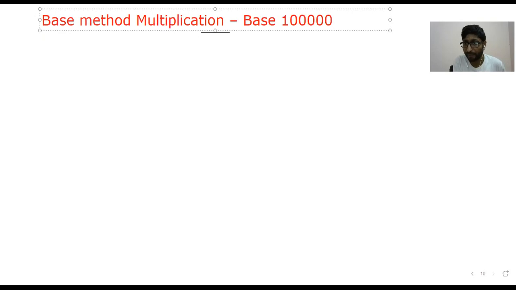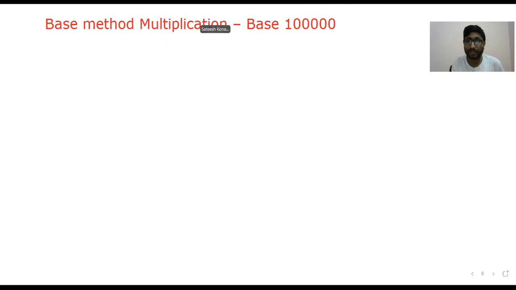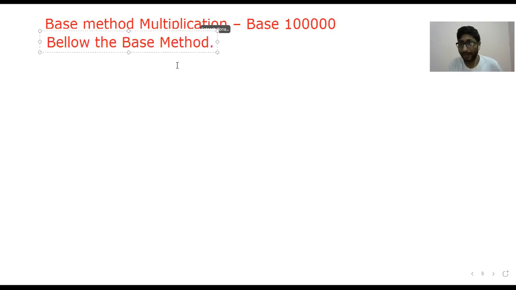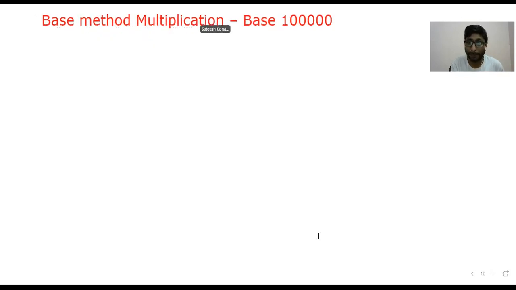So don't worry about it. Let's go for the first method. As I told you, every base number has 3 case values, and now I'll go with case 1. I'll go with case 1 below the base, and case 2 is above the base. Case 2 is above the base because you understood the concept of how to do it, and explaining the same method again for 6 to 10 problems would bore you.